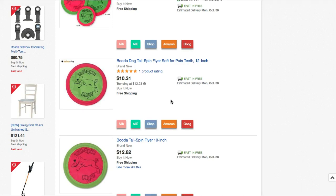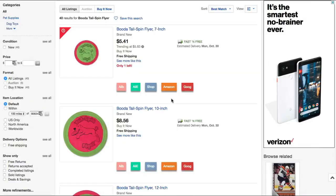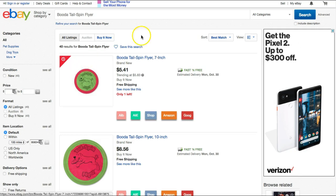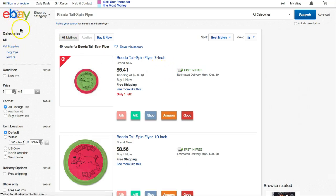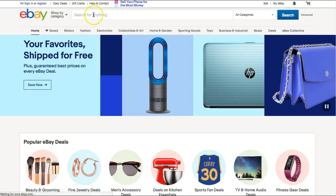So there's lots of ways and ideas you could be more creative to start drop shipping and looking for products that other people are not selling, and potentially make higher margins on them, because if you're the only one selling, you're the only place customers could get the products from. So these are just several ideas that just came to my mind, that I just wanted to share with you guys. And another way, what you could do is just quickly search anything, like this,